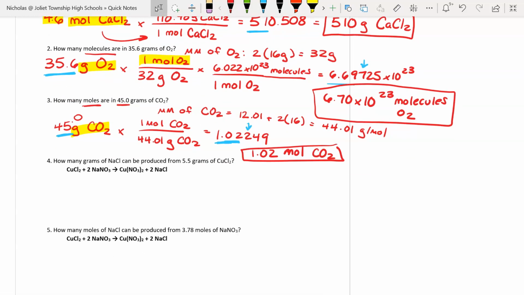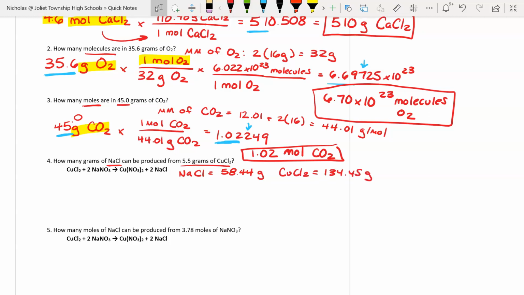All right, question number 4 is going to be a little more complicated. Question number 4, we are going from 5.5 grams of copper chloride to grams of sodium chloride. So I know that I'm going to need the molar mass of both, so I'm going to go ahead and start by finding both of those. So the molar mass of NaCl is 58.44. So I just looked up sodium and chlorine on the periodic table, added them together. And then the molar mass of copper chloride is